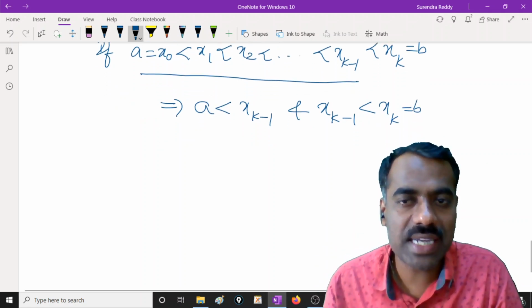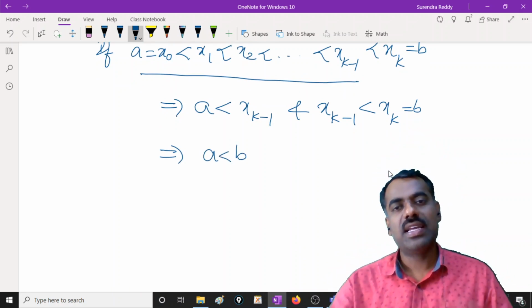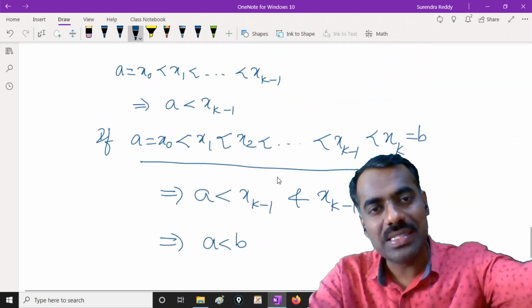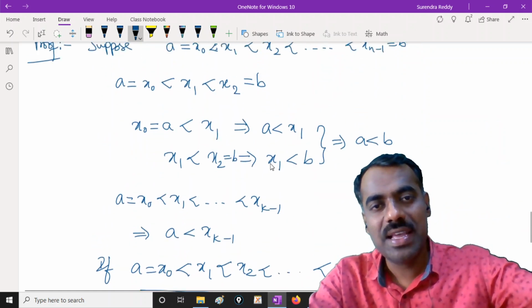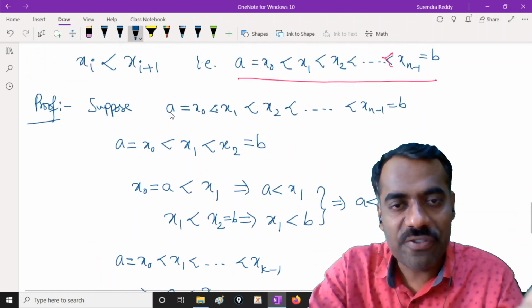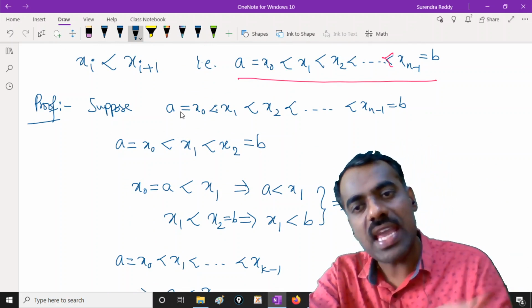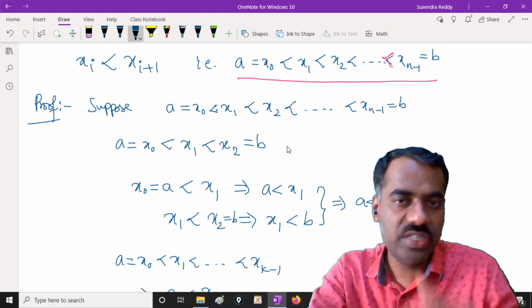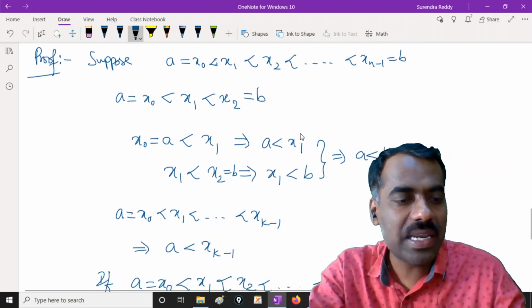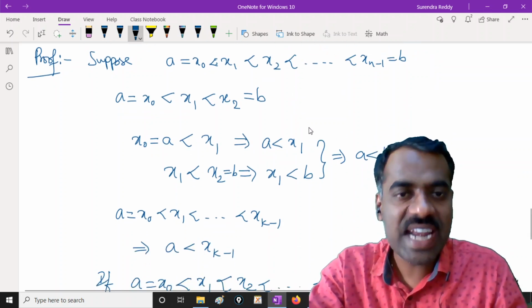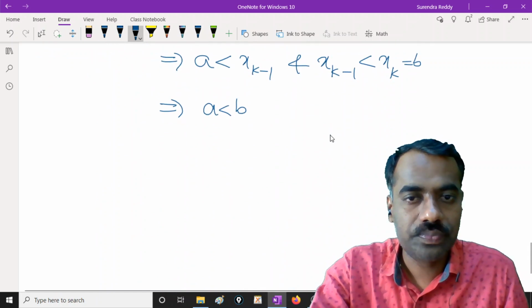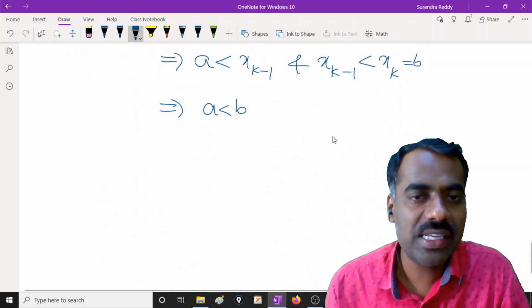Now again using the transitive property, what you get here is a is less than b, right? So it is very simple, just for writing it, it looks like this. But what you should understand is, if you have a covering relation, then definitely a is less than b is always true. You can prove it using this simple induction and the transitive property, right? What is not that trivial is the converse.